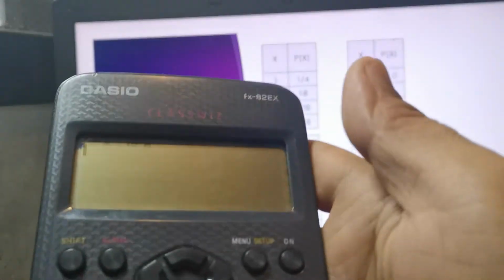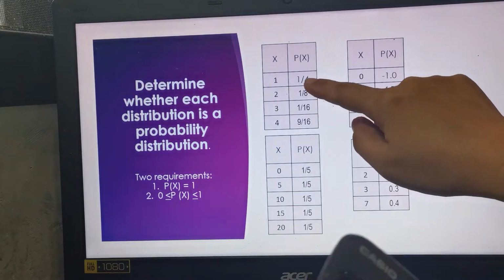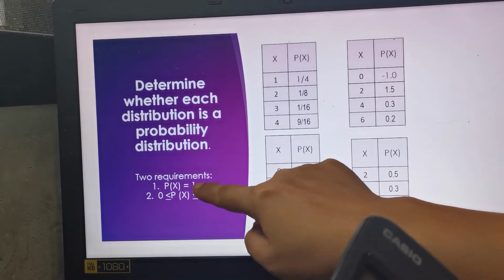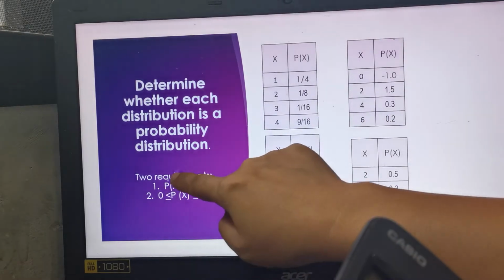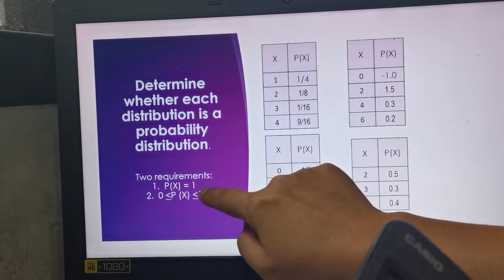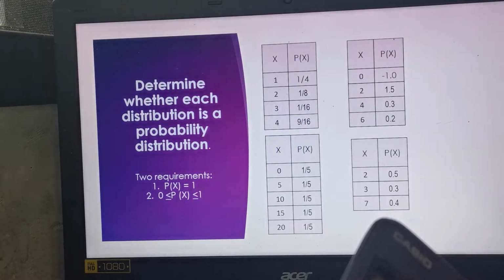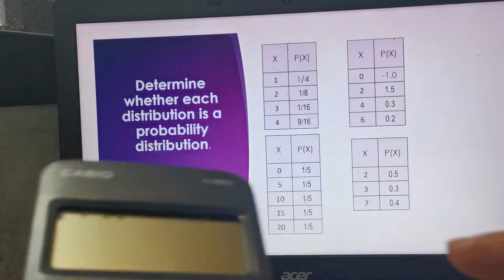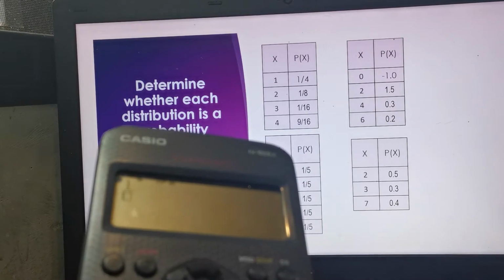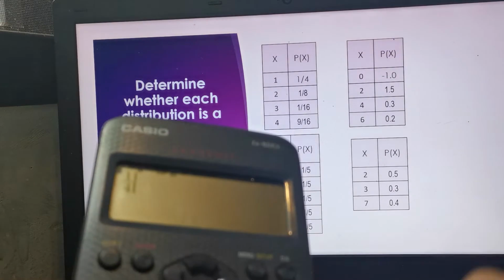Ayan. Okay, so we are going to add this. Yun sa second requirement, na-meet ba niya? Lahat ba ay within 0 and 1? Parang yes, di ba? So, these two requirements should be met. Both of them. Hindi pwedeng isa lang sa kanila ang mamimit. Pwedeng mamit niya yung number 1 at hindi yung number 2, o kaya yung number 2 at hindi yung number 1. Hindi pwede. Hindi siya probability distribution kapag ganun. Dapat dalawang mamit. Okay? So, let us add 1/4